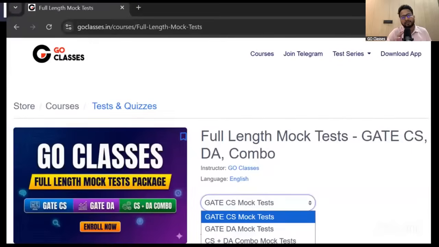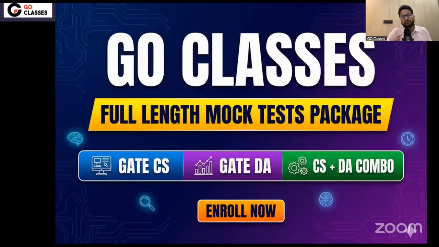If you later want to attempt it, you can enroll in the test series, the full length test package, and then attempt the AIMTs. So for one week, you can attempt these AIMTs on GATE Overflow, and after that, you can definitely go for the full length mock test package and attempt there. Remember, this is only for All India Mock Test 5